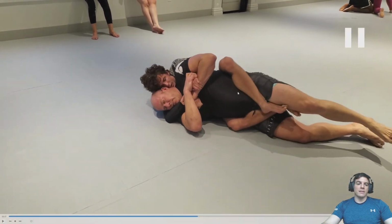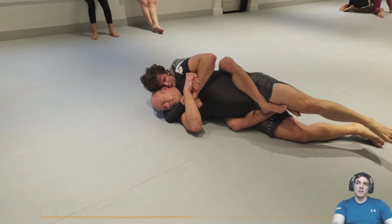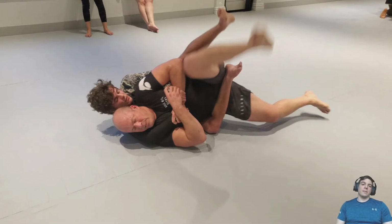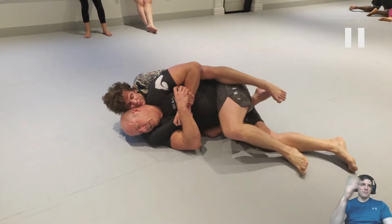Yeah, good job, Dean. This is a very subtle detail. That's a really good illustration of the importance of the bottom hook when you're taking somebody's back. Obviously we've been riding in the back for a little bit, but let's imagine that Dean just took